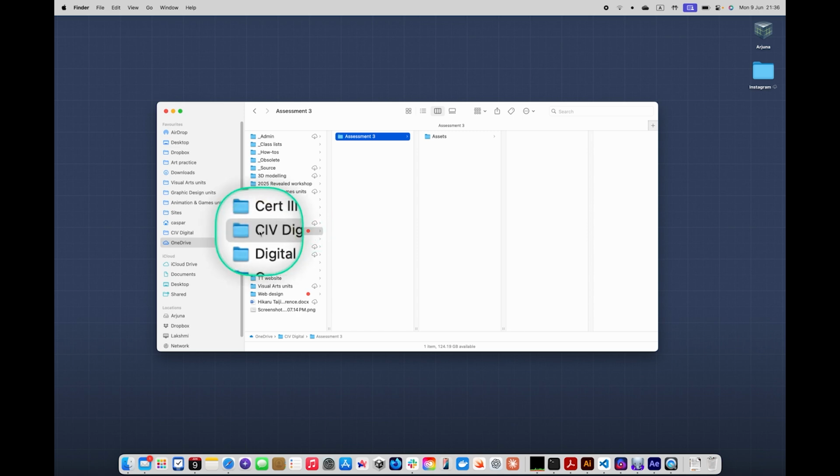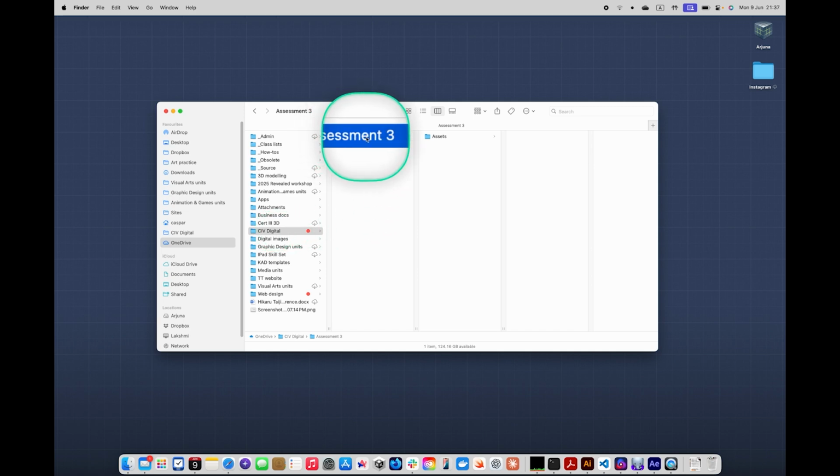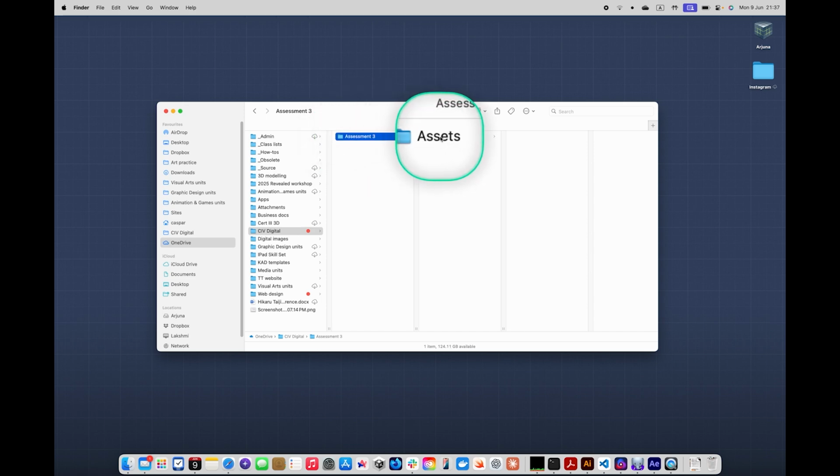Okay, within that I've got a folder for this course. It's called C4 Digital, for Cert 4 Digital, and within that I've got a folder for this assessment. So very clear, very obvious names. You can't mistake it for anything else. All right. And inside the Assessment 3 folder, I've got a folder that I've called Assets. Okay. So one thing that's very important is that